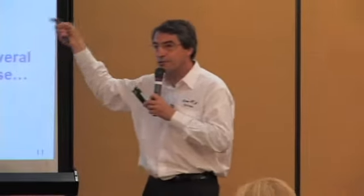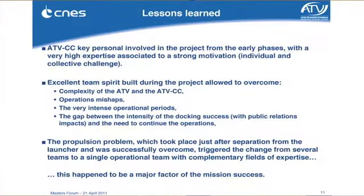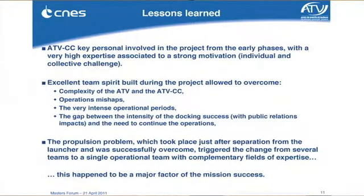This lesson was written 1 year ago, so you may hear the same message as yesterday's, because I think we are on the same wavelength. So key personnel involved from the early phase for 12 years. Same guys at the key positions, having the expertise on all the aspects of the flight. Excellent team spirit built along the project. This allows us to overcome the difficulties, the complexity of the ATV, of the operations, the problems during the operation,